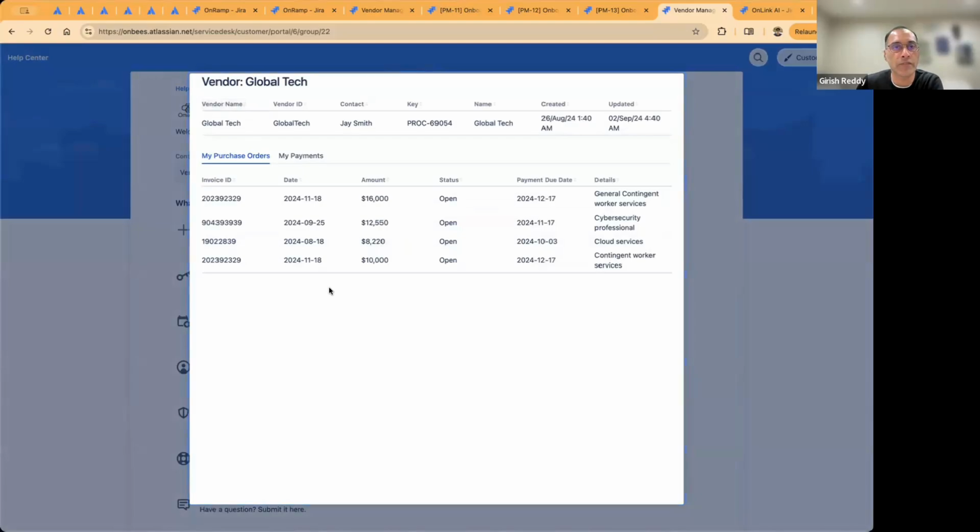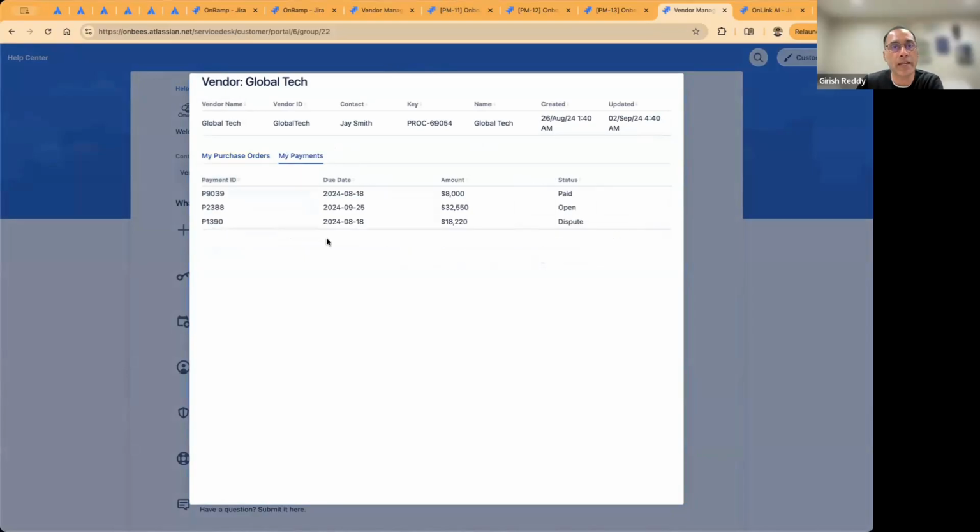So here you can see that for this particular vendor, it shows who the contacts are. It shows the list of purchase orders that are assigned to them, as well as their payment status for the various invoices. This is something that in this particular demo, we are pulling from Workday, where Workday is the backend